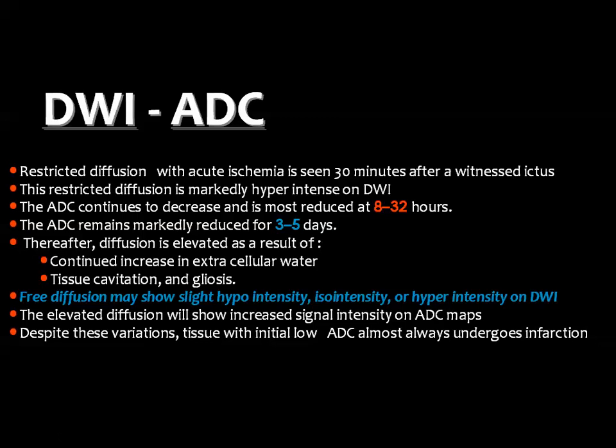And you remember that in DWI, the chronic lesion or the lesion with free diffusion will usually show hypointensity on DWI, and maybe isointensity so that you cannot see it at all, or maybe hyperintense if this is the T2 shine through